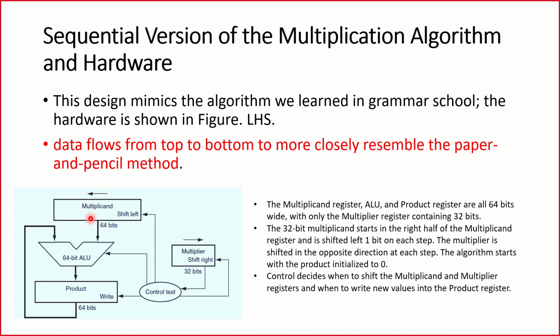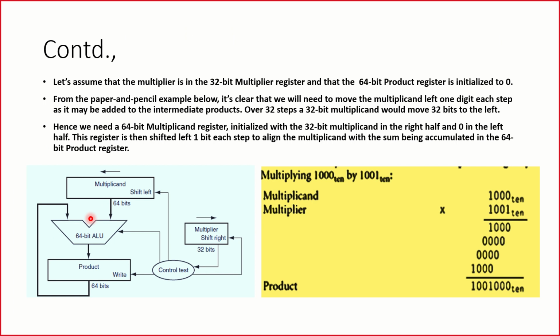Now what we have understood till now is we have taken the multiplier and the multiplicand, and we have multiplied them. That's through the traditional method. The control will decide when to go left. I'll get it multiplied step after step and then I'll add the summary and put it in the product register. That's all. Now remember, it's all very traditional. We are not doing anything new here. As I keep telling you, this is the way that we do it with paper and pen, and that is what I have explained to you.